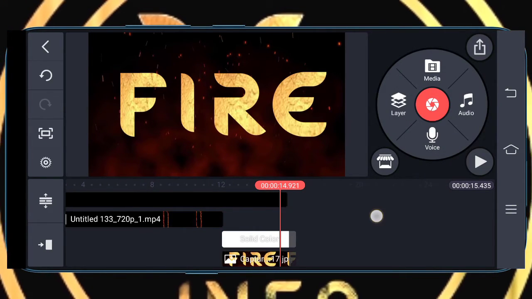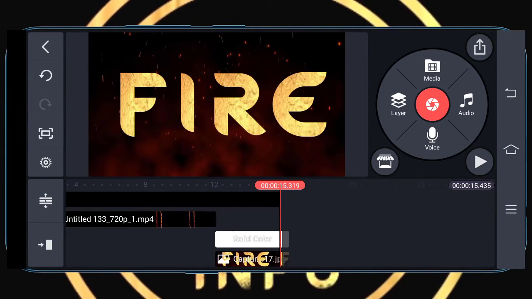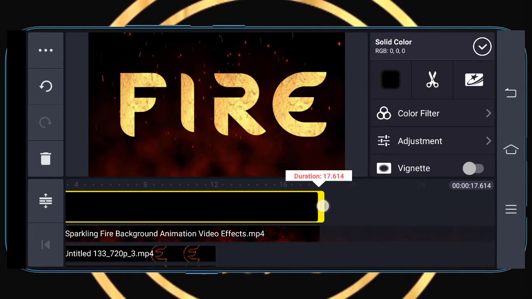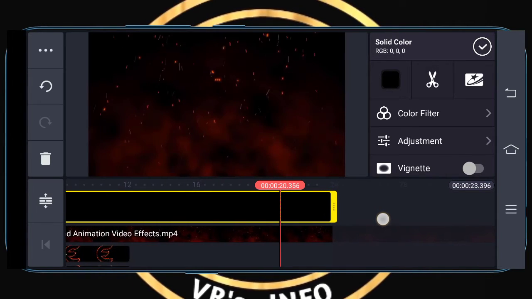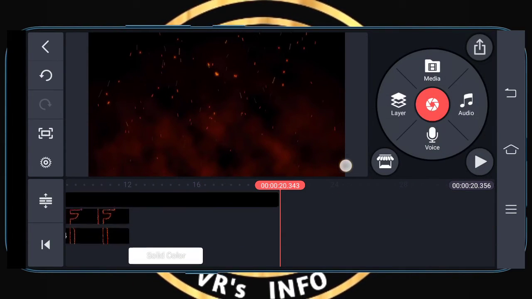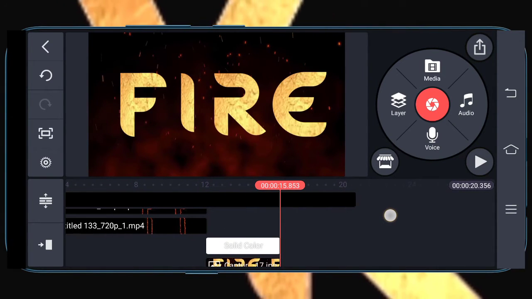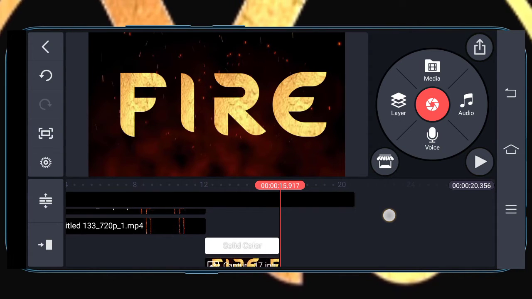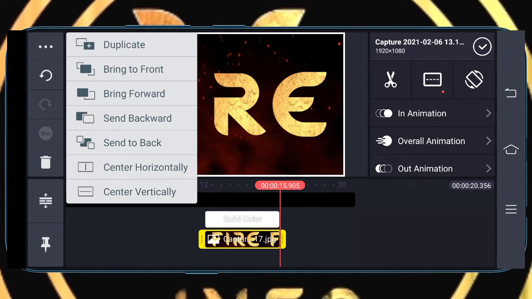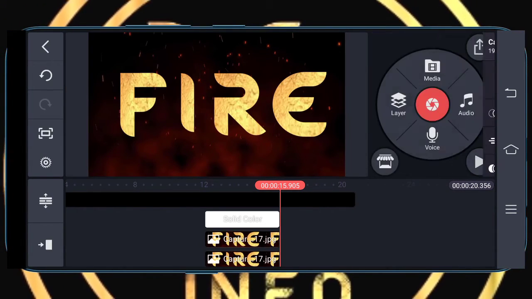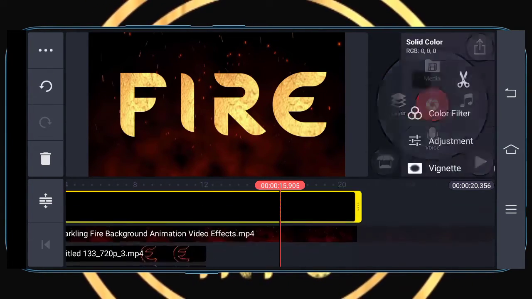And then for the white background, come to the blending and click on overlay option, guys. This would give a shining text effect. So you are ready for it, guys. Your video is very much ready. And then click on the capture and click on duplicate option, guys, and then bring your duplicated image a bit towards the right.